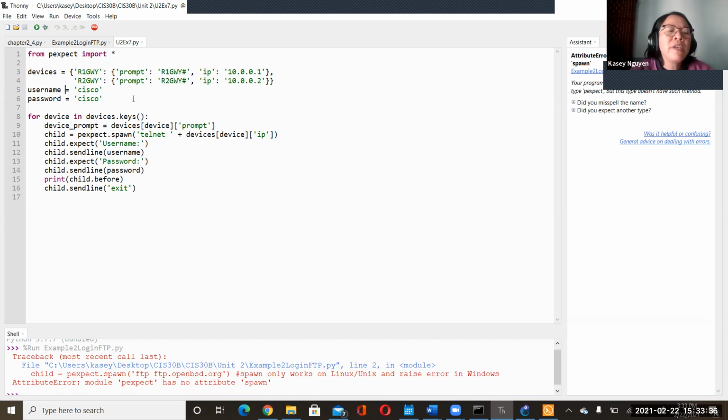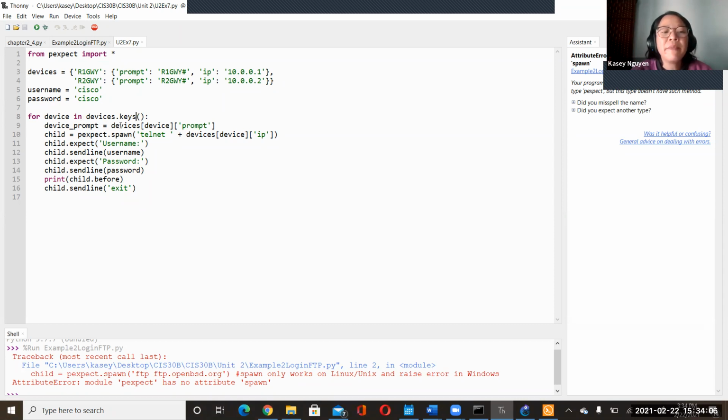And as we expect some of the prompt, we want to plug in some things. So here we have a variable called username, and it holds the string Cisco, as it tells us Cisco is the username. The password is also Cisco. And since it's in a dictionary, we need to loop using a for loop to iterate through the keys and values in the dictionary. So we would say for device in devices.keys(), right?